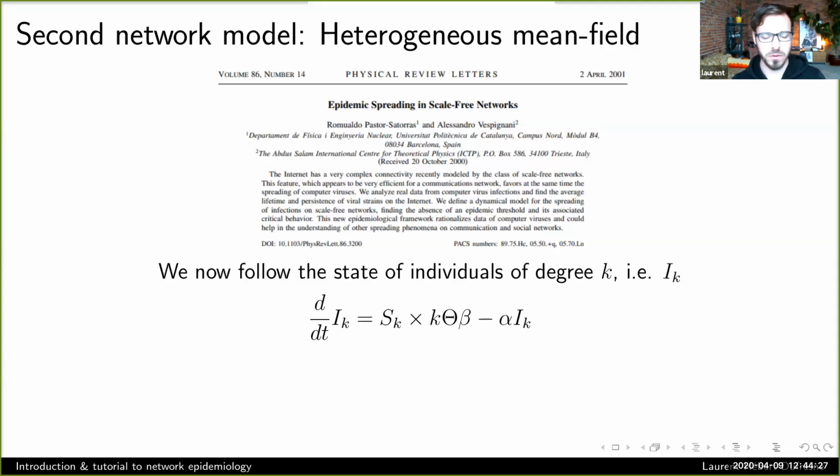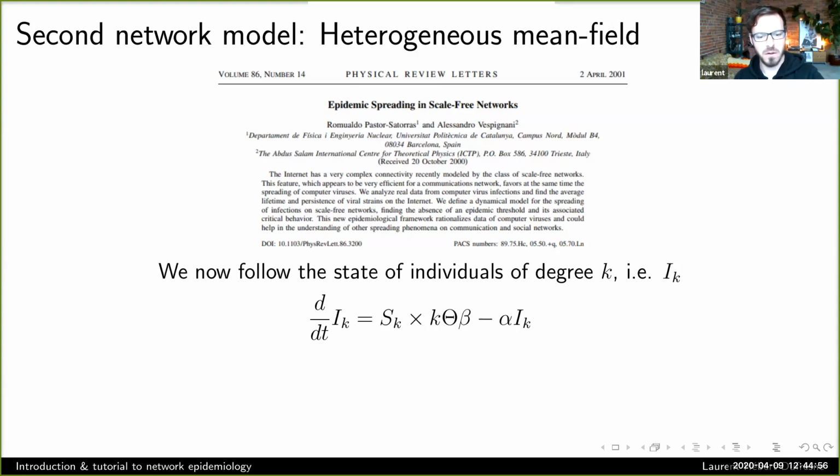Essentially, I'm not going to walk you through all the math, but now you're still putting people in boxes, depending on whether they're infectious or healthy. But the boxes are smaller essentially, because now you're going to put them in boxes depending on whether they're susceptible or infectious, but also based on their degree. Because you know that when you put people in boxes and write an equation for that box, you're assuming that all people in that box are going to follow the same dynamics. And we know that the number of contacts, the degree of an individual, governs their dynamics.